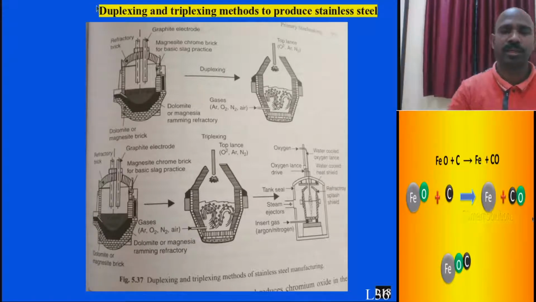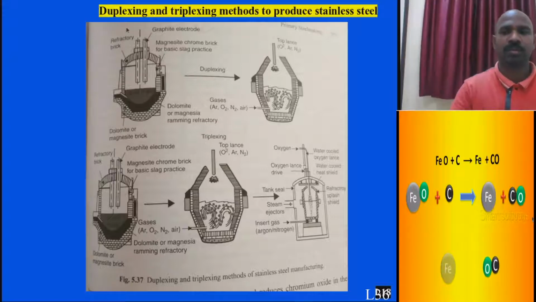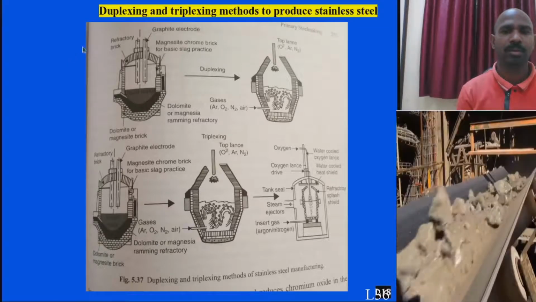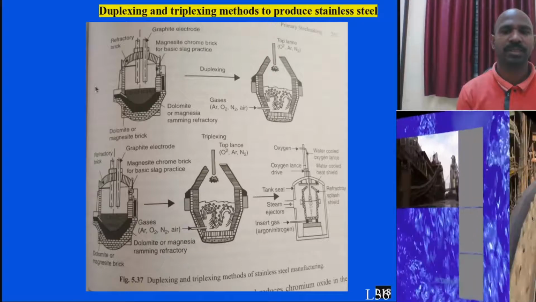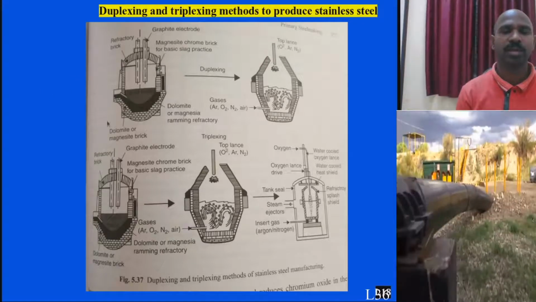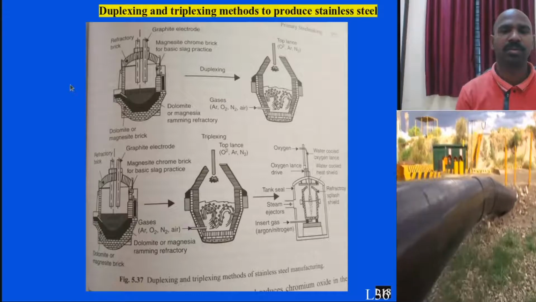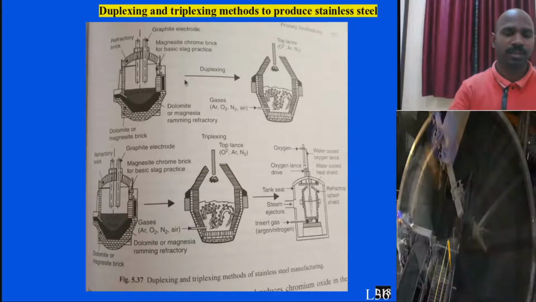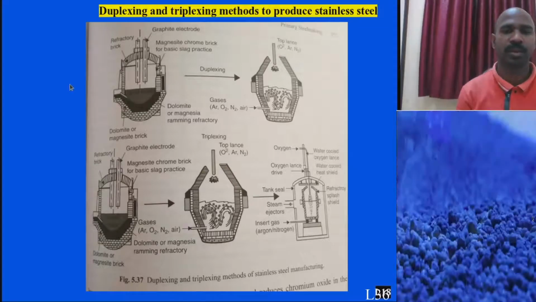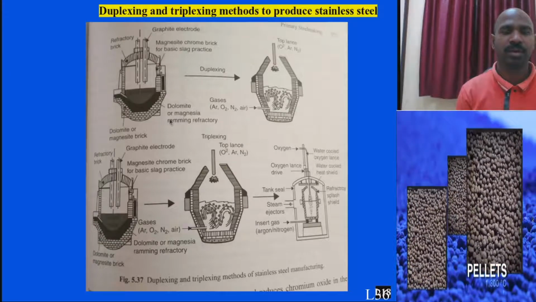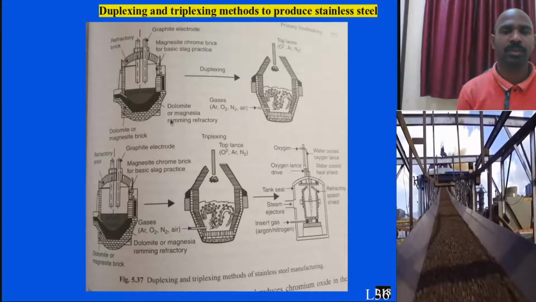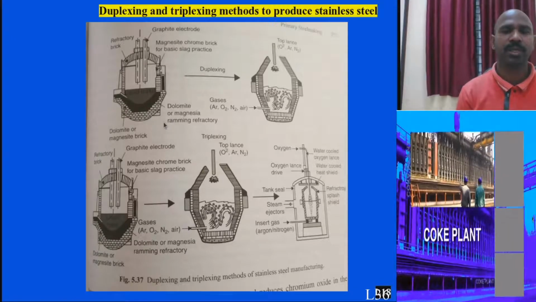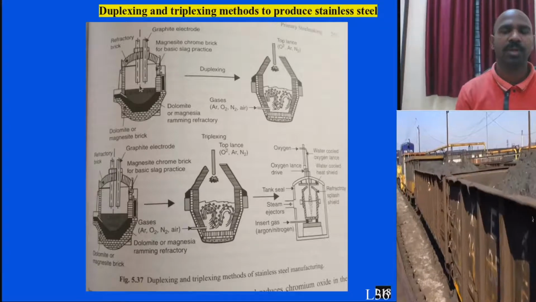Today I am going to introduce these methods elaborately. In the last class I discussed the general principle, the thermodynamics of chromium recovery, and a numerical problem example with respect to temperature and the partial pressure of carbon monoxide, and how the partial pressure changes with nickel addition and without nickel addition as an alloying addition. I asked you to take similar problems from the textbook and solve a few more numerical problems regarding the stainless steel production process.